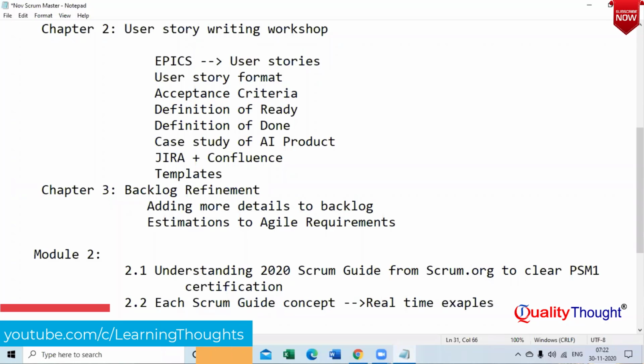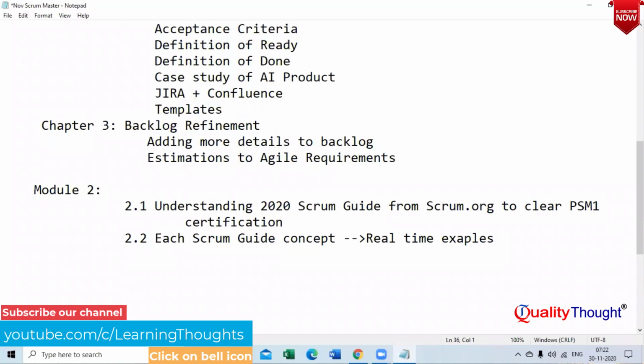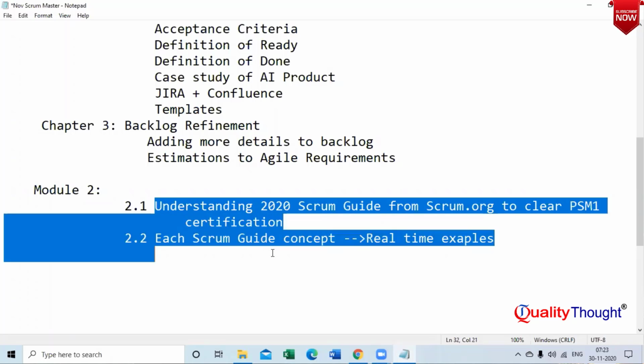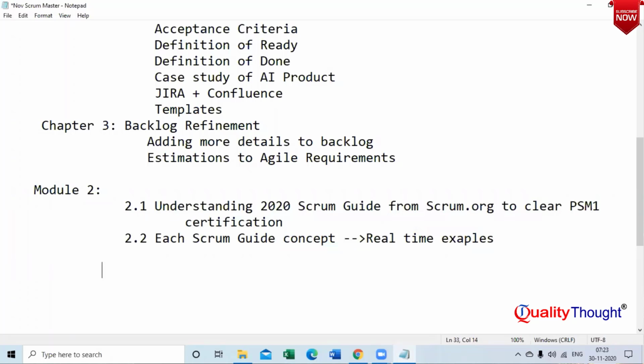So this second module has a certification focus as well as how the certification topics are implemented in the project. You will be understanding two dimensions: what is defined in the book and how it is implemented in my experiences from my previous projects. So for example, if you want me to talk topic wise or chapter wise, chapter 1 in module 2,